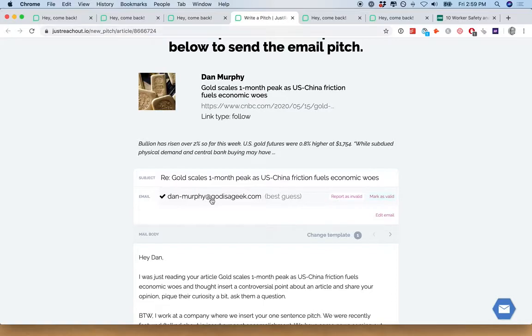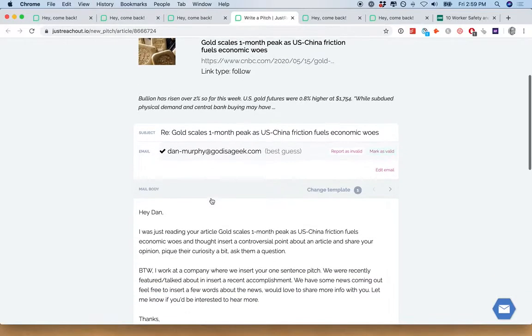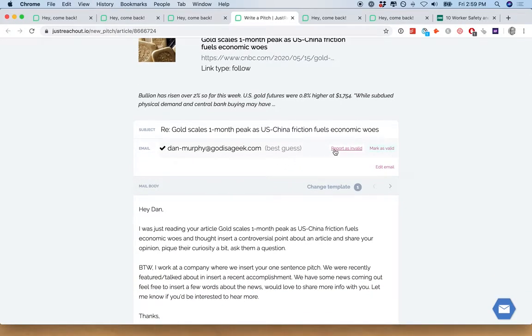So you never worry about if this email address is truly the right one for that journalist, because our team will always self-correct that when that email goes out. And if there's any bounces or issues, you will know about that. You will know that our team has taken priority and taken action and has changed that within 24 hours. You can always open that up in here, and you can report it as invalid if you for some reason believe so, and this will force our team to go at it right then and there.